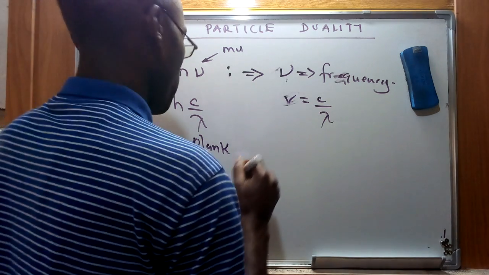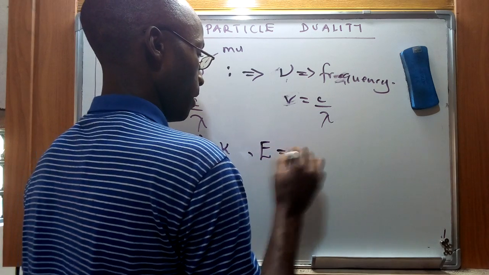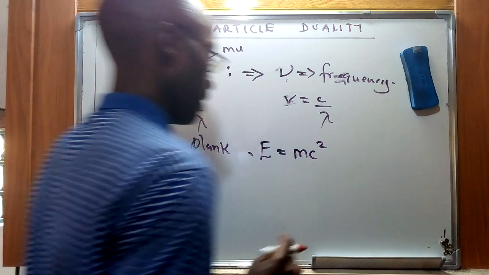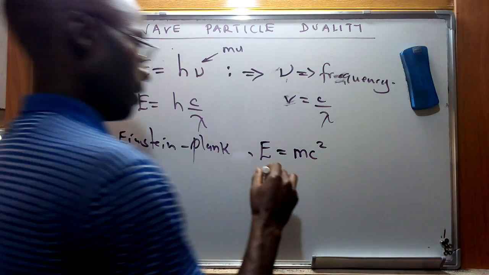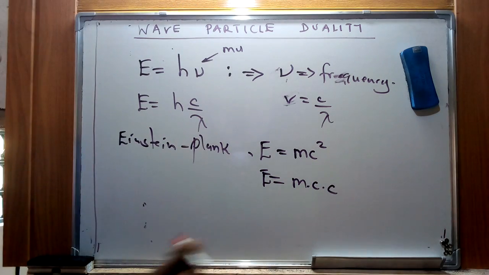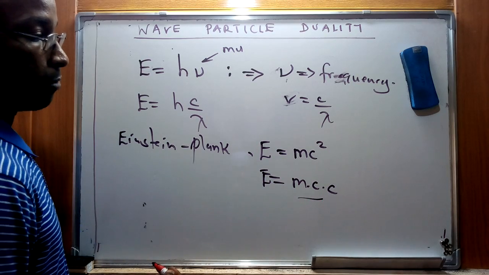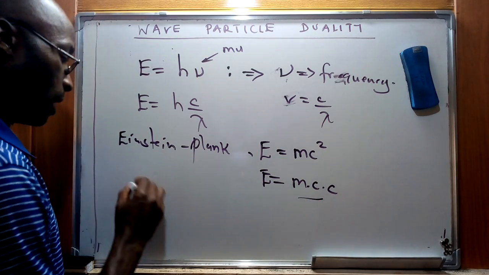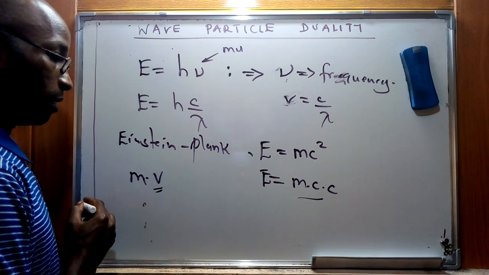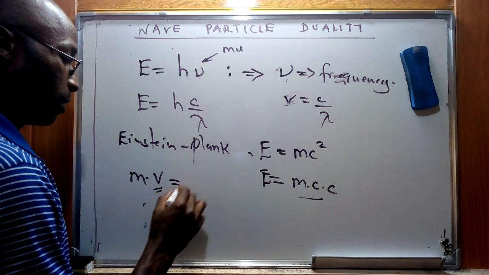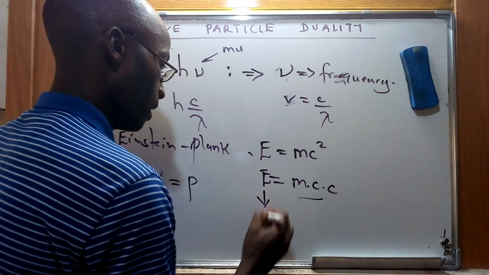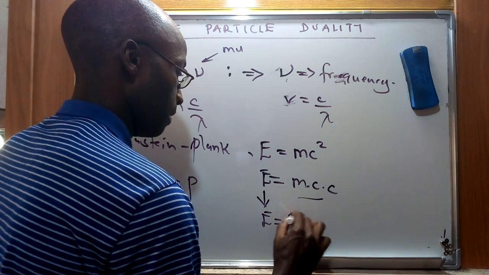energy-mass relationship, whereby Einstein described the energy of this particle as mc squared. If we expand this, we can have this from our mathematical illustration as mc times c. But from classical physics, if you describe this photon as a particle, then we have the product of its mass and velocity, whereby we assume that the velocity is its speed, and we represent this as momentum. Therefore, in trying to describe this formula, we can write E as a product of momentum and c.